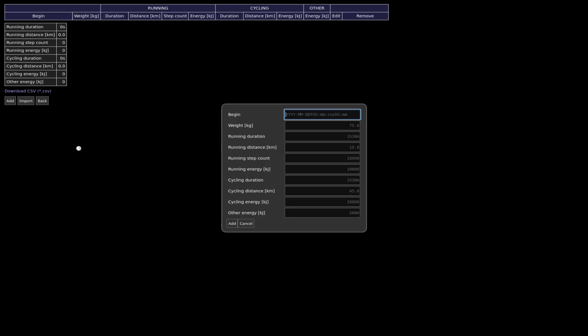And then for each of these segments, you specify which amount of time you spent running or cycling, and add some other attributes like the weight you had at some point within that activity group, distances covered, the number of steps taken, the amount of energy consumed performing different activities. And then for the rest of the duration of that segment, you performed other activities, which can be anything really. So the only thing we can say about it is how much energy you consumed during the time that this segment or activity group covers where you were not performing a more specific activity, namely running or cycling.